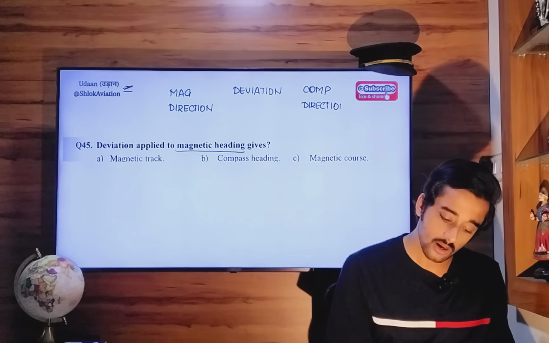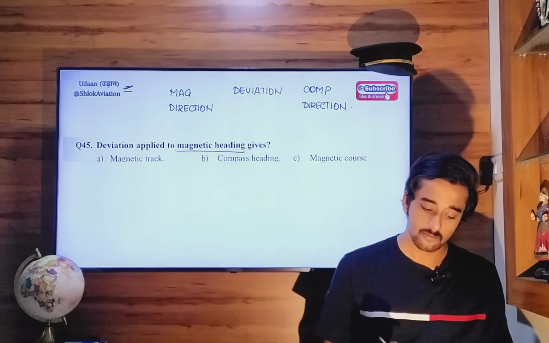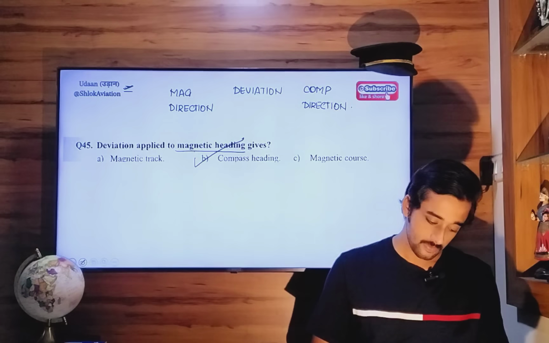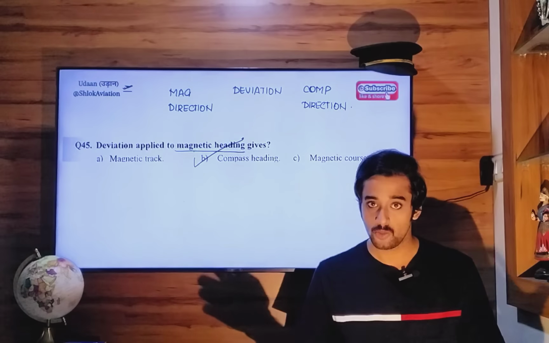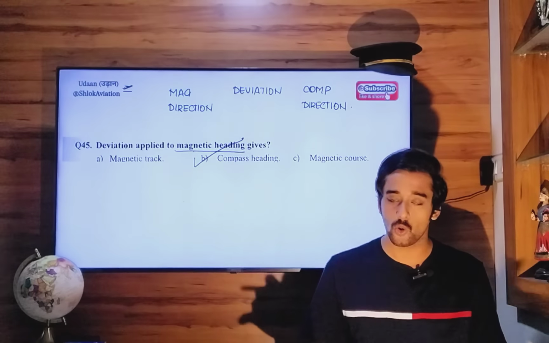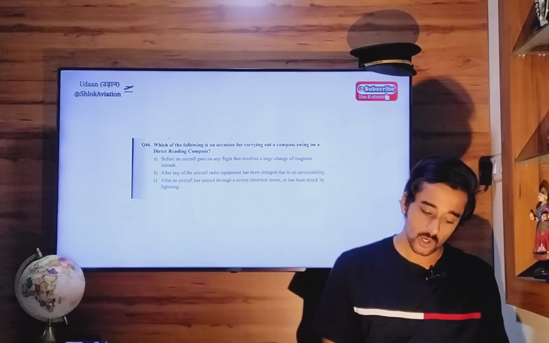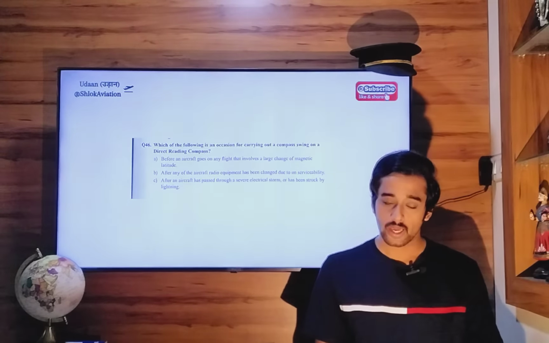Will give rise to compass direction. So the correct answer is magnetic heading plus or minus deviation will give you compass heading. Magnetic heading plus or minus drift will give you magnetic track or magnetic course. Okay. Question 46. Which of the following is an occasion for carrying out a compass swing on a direct reading